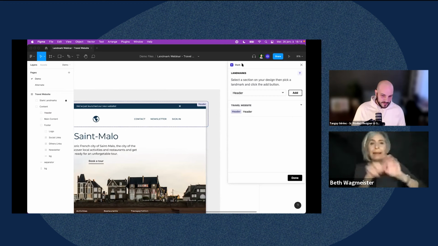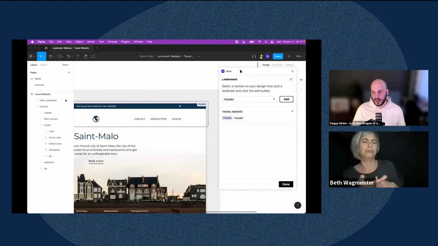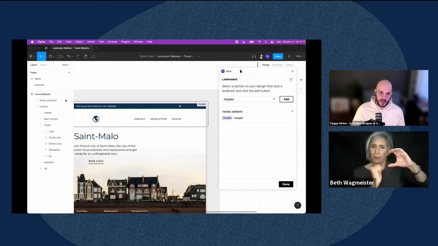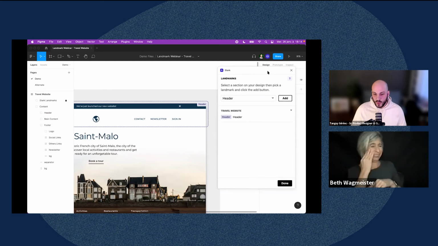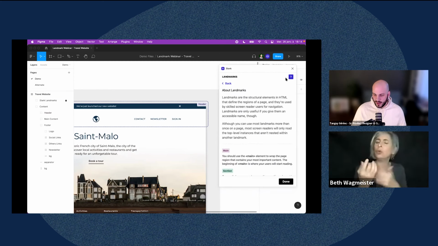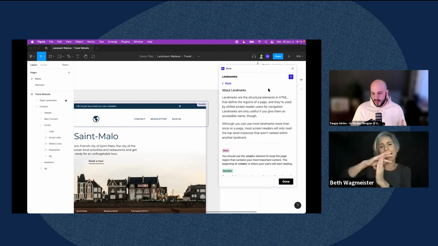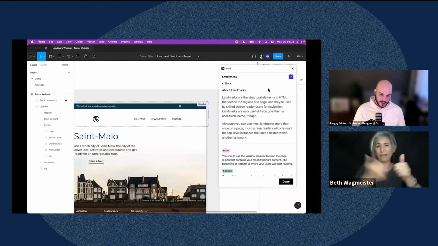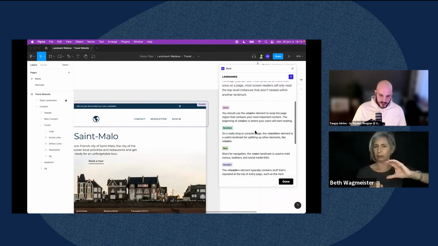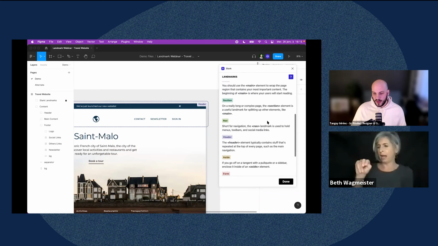but it's there. But now you might be wondering, okay, landmarks, I see what they are doing. I see why they are important, but I'm not that familiar with landmarks. So we've also implemented a small help section that you can find in the top right corner. What this help section does is give you a brief introduction on landmarks, as well as breaking down the role of each individual landmark. If we take a look here, for example, we have the nav landmark, which is pretty straightforward, but it's short for navigation. And it's used to hold menus and social media links and so on and